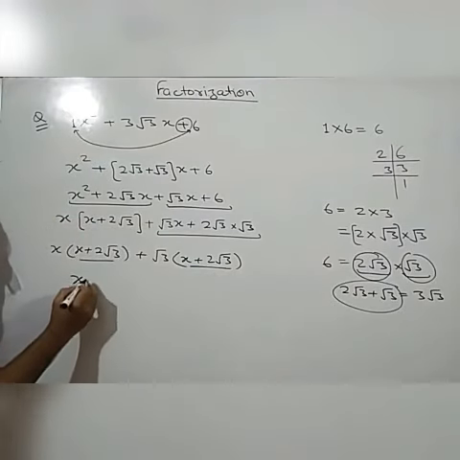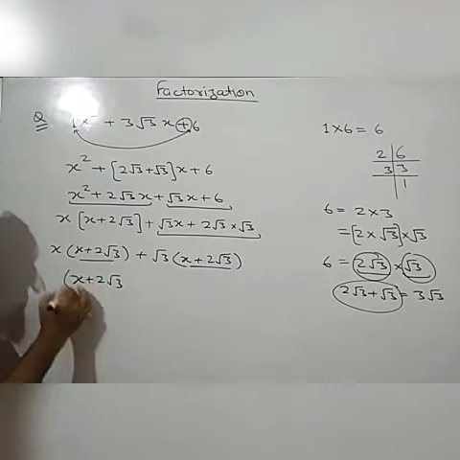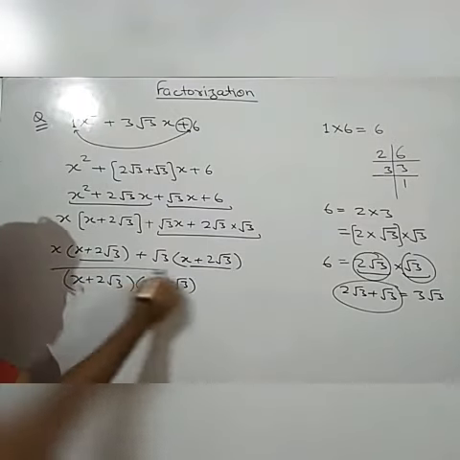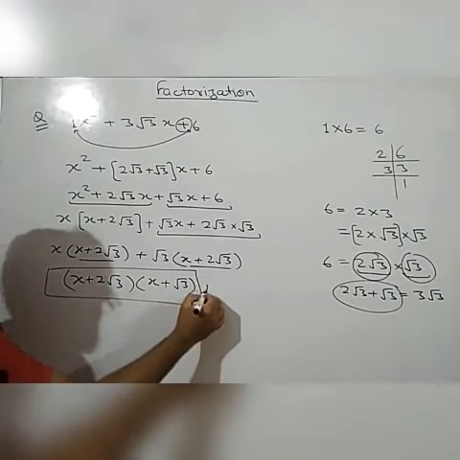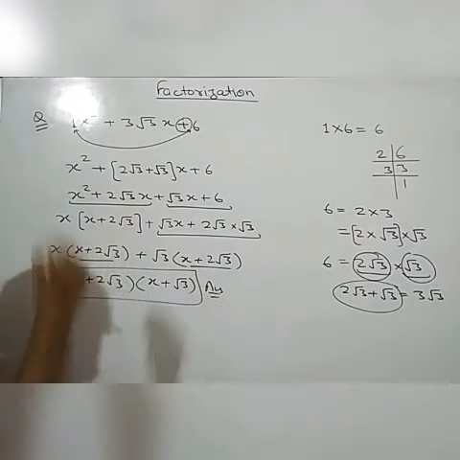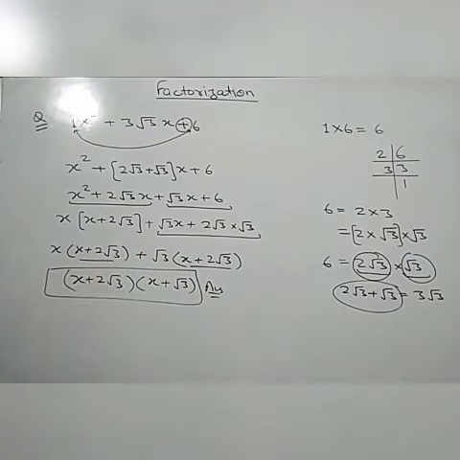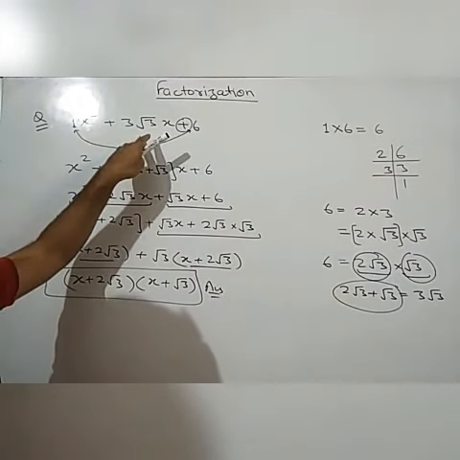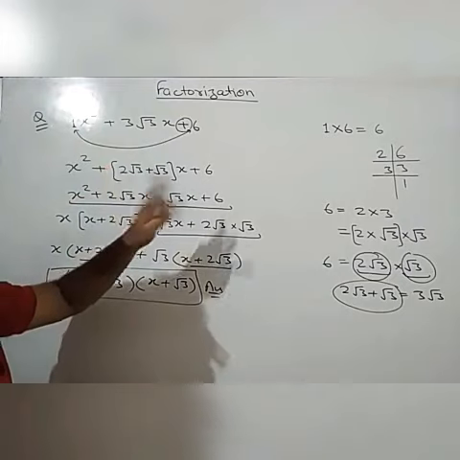So we will take x plus 2 root 3 as common, and the remaining term will be x plus root 3. And this is our answer. These are two factors of the given polynomial. Okay. So whenever there is a square root term in a quadratic polynomial and we have to factorize,